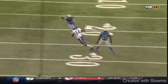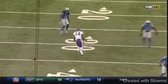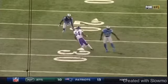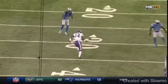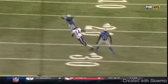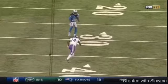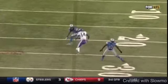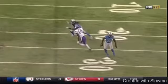So one of two things happen here. A, this cornerback does not know the defense, and this is one of those things where he may know his responsibility, but he has no idea what anyone else's responsibility is on the field. And while some guys might think they're okay in just knowing their responsibility, I'm here to tell you that that's not true. And why this is not true is if you just know your responsibility, but you're not sure about what someone else is doing, and what the other responsibilities are of the guys around you, then you might fall